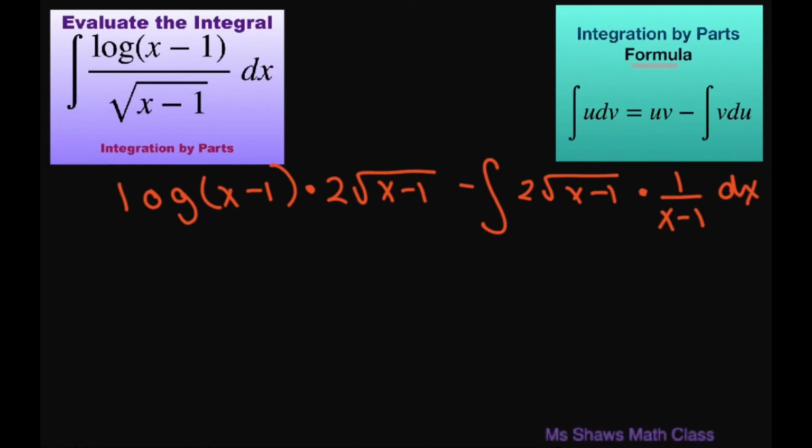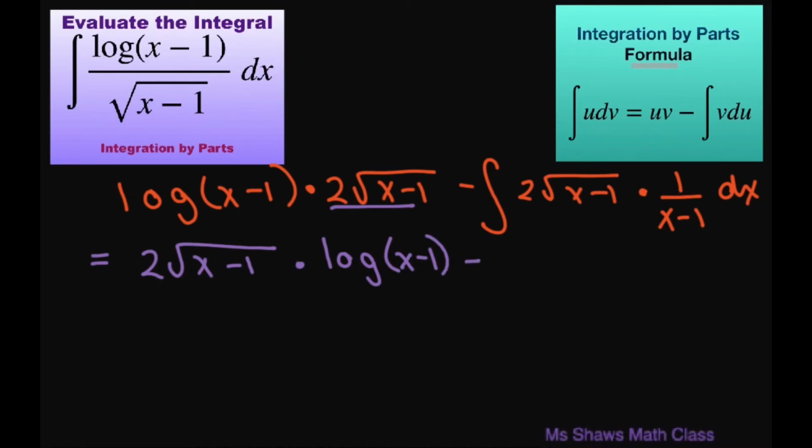All right, so this is going to give us equal to, I'll put this in front, 2 square root of x minus 1 times log of x minus 1,